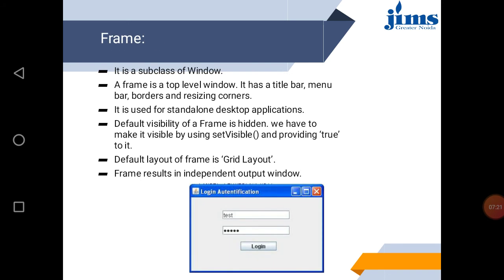In this slide we can see we have created one frame in which we have mentioned grid layout, and set visible is true. It contains two text boxes to receive user input and one button to submit some data. Once we click on the button, the click event happens and the action listener plays its role in the background. So this is one sample of a frame container.